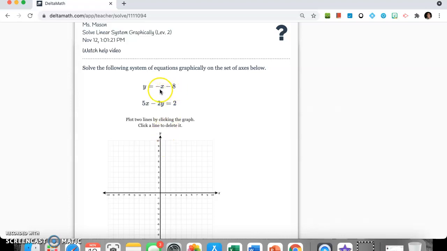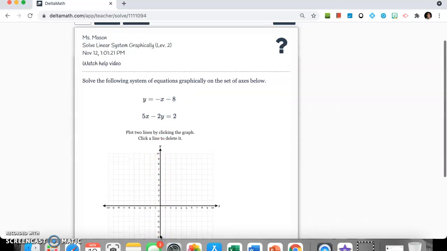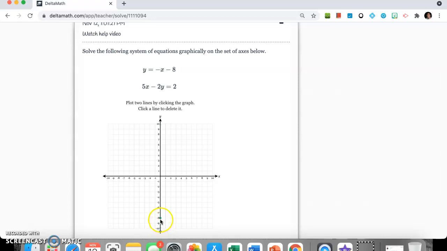So let's graph our first one. y equals -x minus 8. -8 is my y-intercept. I go down 1, right 1. That's my first line. Now my second one,